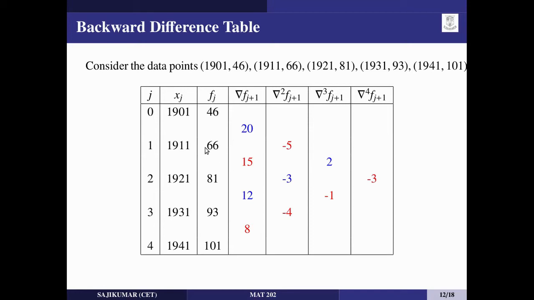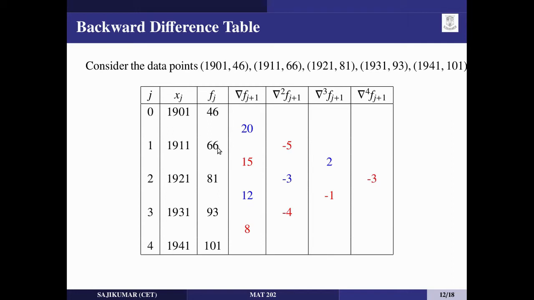If it is the first backward difference of 66, we move one step backward and subtract. That means from 66 we move one step backward and subtract, that is 66 minus 46. This 20 is the first backward difference of 66 or the first forward difference of 46. So all the numbers are the same, but the interpretation is different. So we can see that the fourth column gives the first backward differences of